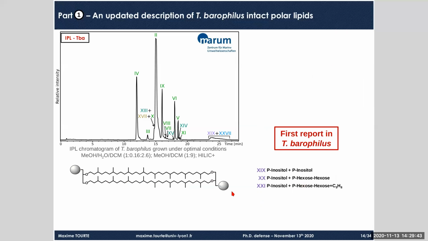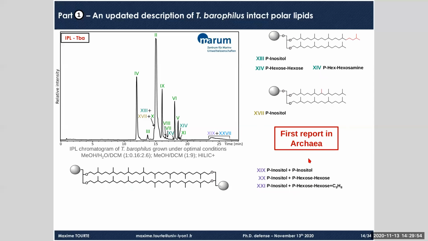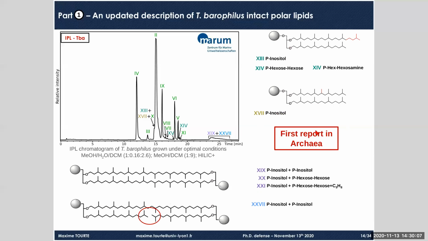Finally, we identified in Thermococcus barophilus tetraether-based intact polar lipids, such as this one, bearing 2 phosphoinositol head groups. But we could also report quite new core structures in this archaea, such as an extended version of the typical diethers here, or a diether bearing an additional methyl group here, but again with phosphoinositol polar head groups. And finally, we also detected a new tetraether core structure, which is based, as you can see here, on a 3-alkyl structure, internal structures, but again bearing phosphoinositol polar head groups.